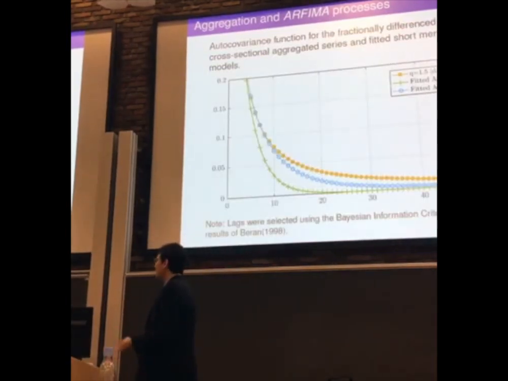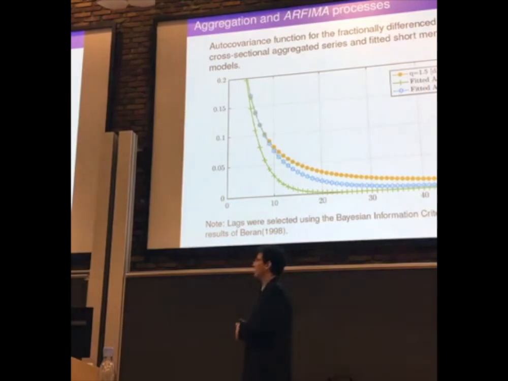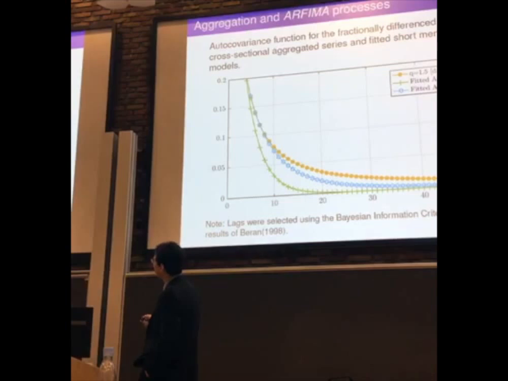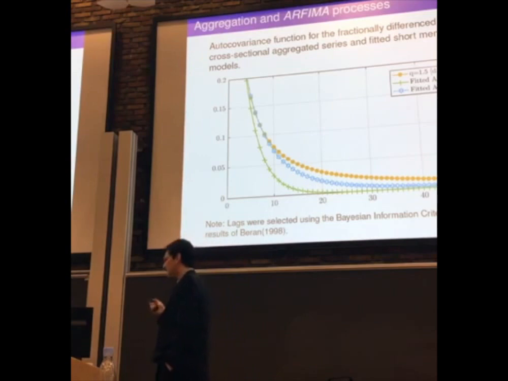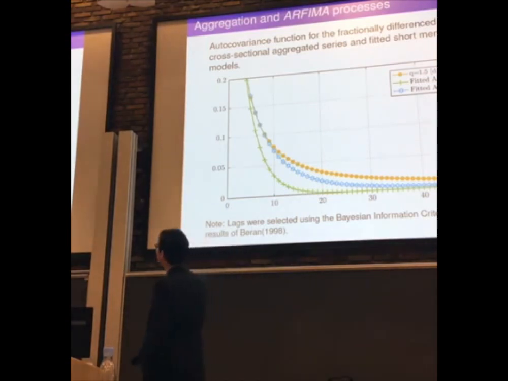So just to give us an idea, what we're doing here is the yellow line is the fractional difference of this cross-sectional aggregate process. So if this were an ARFIMA process, this should look like an ARMA process, which it's not, just for the plot, so you can see it. So even to 50 periods, it's still not quite at zero. Still, we know it's an I(0) process. It has autocorrelation functions that are summable. So we may be able to approximate it with an AR or an ARMA process. That's what we're trying to do in this graph.